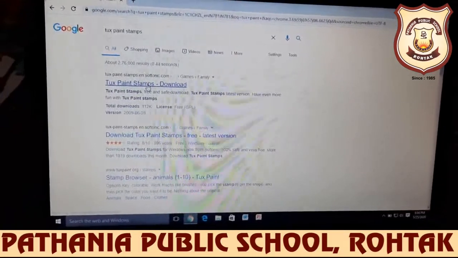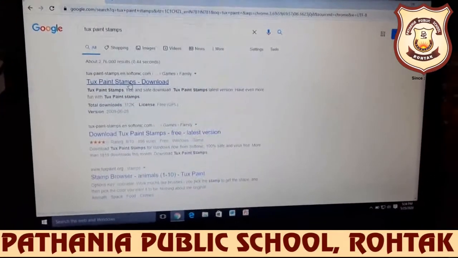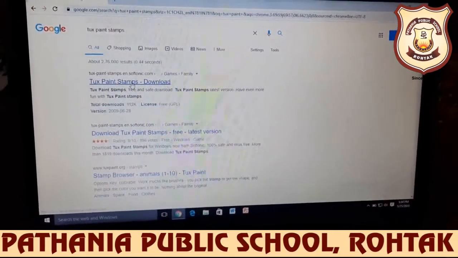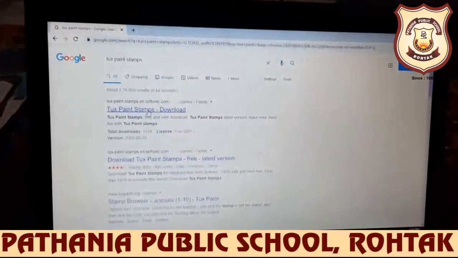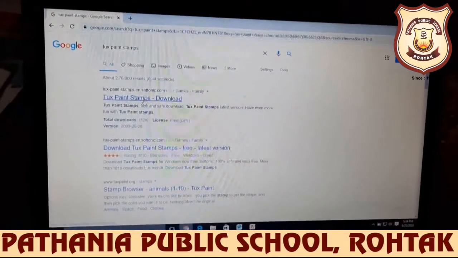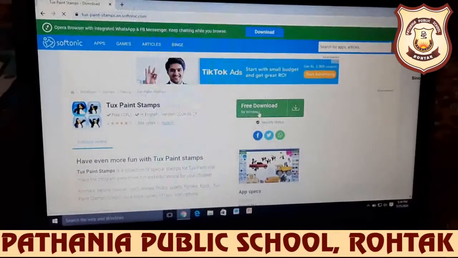Okay, now we'll download the stamps for Tux Paint. Okay, if there is some error while downloading the stamps, you can type here Tux Paint stamps and click on the Tux Paint stamps download and click here.